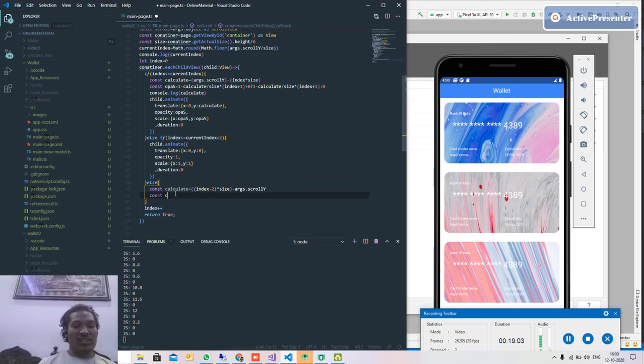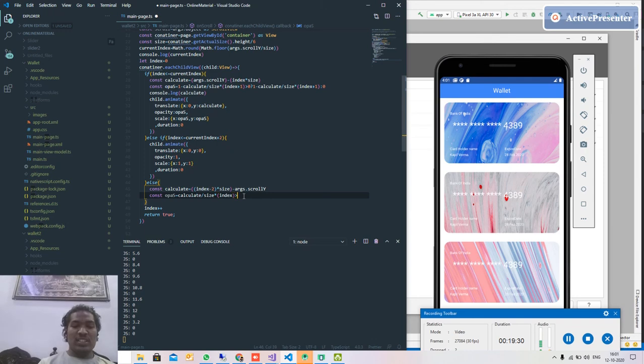Now we want to calculate the opacity and scale. So if calculate divide by the same thing, size. Here we are multiplying by index because it's never going to be the first element.